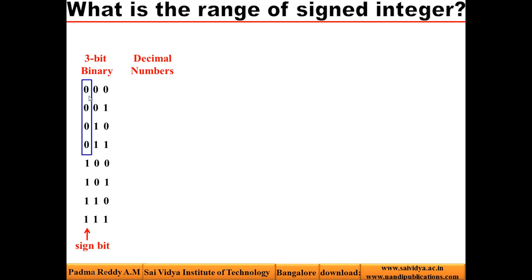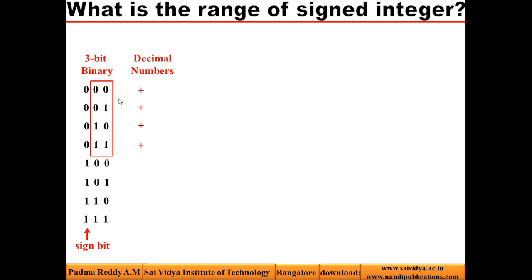Now if I take 0, 0, 0, MSB bit is 0. Whenever MSB bit is 0, I can say they are all positive numbers. So I prefix plus for each and every number. Now the question is what I should write here, and so on. For that, look at only this portion. This portion represents MSB bit. MSB bit is 0. Whenever MSB bit is 0, what is the meaning? We write positive numbers.